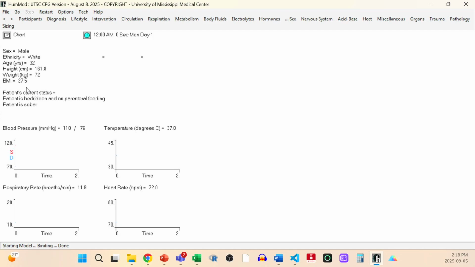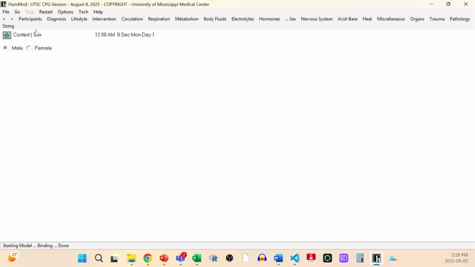Now, the exact age varies, so this time it opened up at 32, maybe next time it's 35. It always gives you some kind of normal height, normal weight, normal BMI, but again, those exact values will vary. So you always start with a middle-aged white male who's normal height, normal weight, normal BMI. You can absolutely change those participant characteristics. So if you're doing a study where you want to work with individuals who are female or black or old or fat or whatever the case might be, under the participants tab here is where you can change the participant